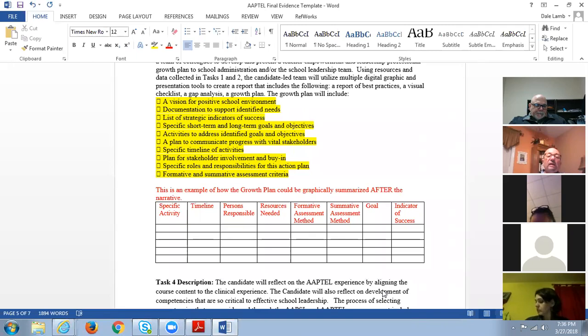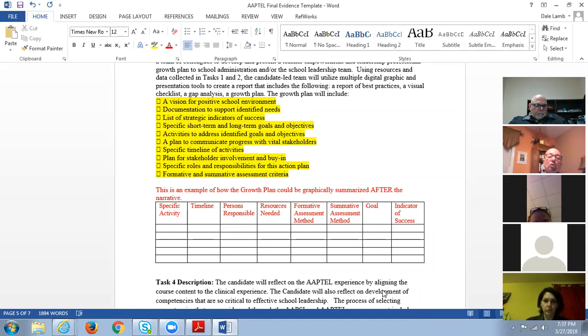And guess what's at the end, Dr. Lamb? That formative assessment criteria that we've already talked about in the APSL. All of these things have to be addressed. Then once you write about all these areas, guess what you do? Dr. Lamb has provided a wonderful template. You're going to take all of that and you're going to actually put it in